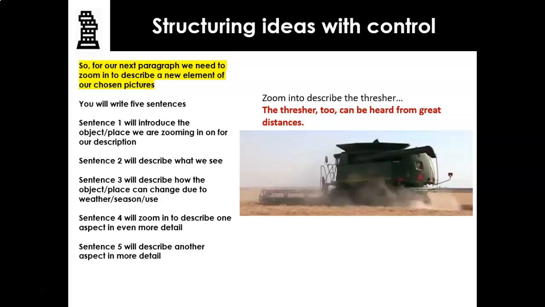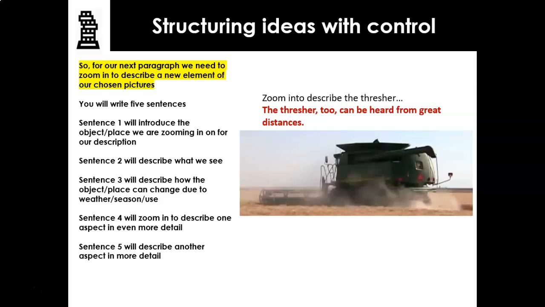Now, guys, the amount of planning you need to do at this point is going to be up to you. Because if I'm describing what I can see there, it's green, it's got red on it. The windows at the front look like eyes. It's kind of spraying up dust, spraying up residue from the wheat. It's creating its own storm cloud, its own cloud of wheat and grain. It seems to have a metal threshing and tearing component at the back. It seems to have this green tube. So I'm starting to describe what I can see.